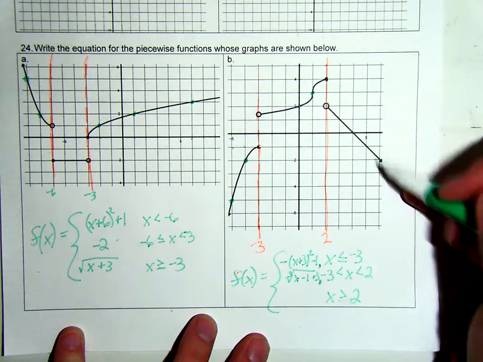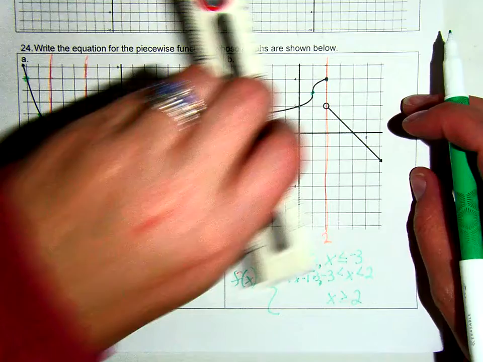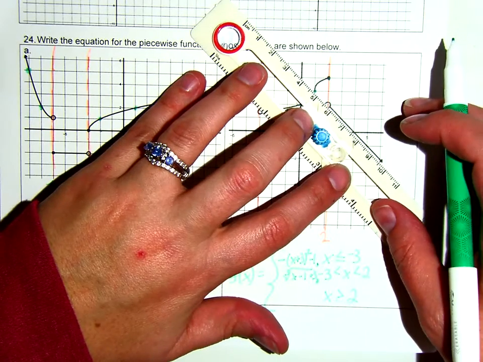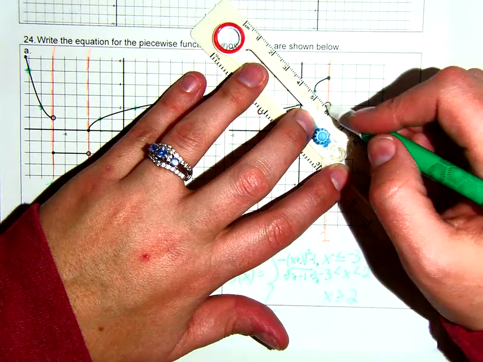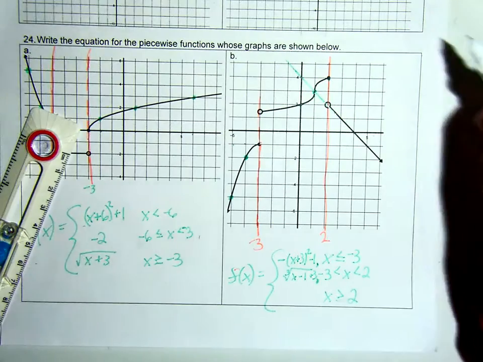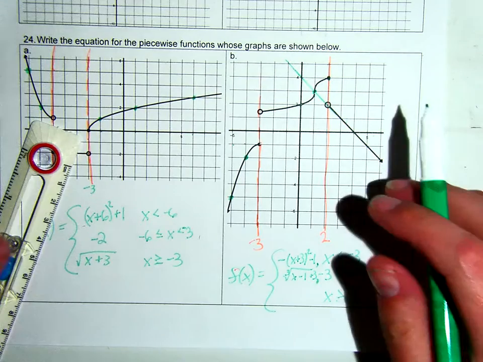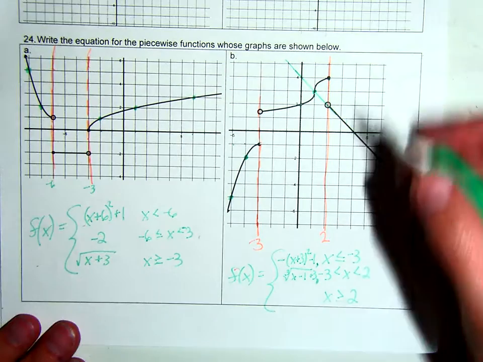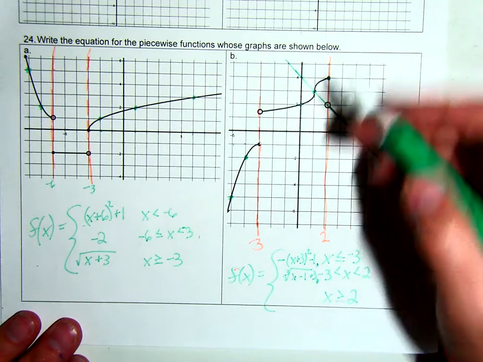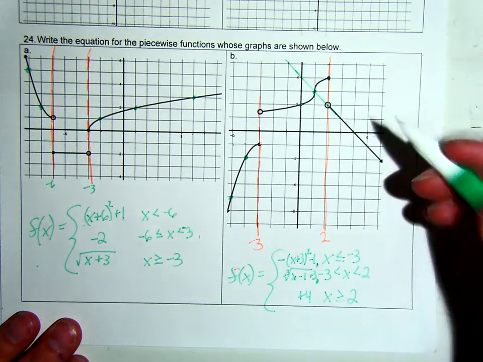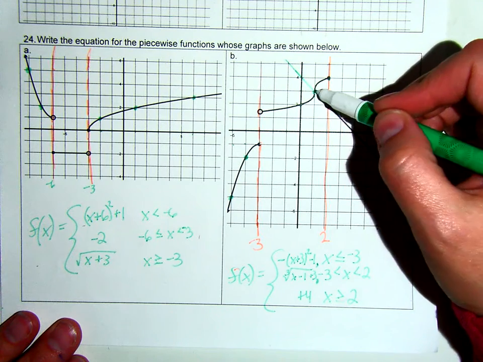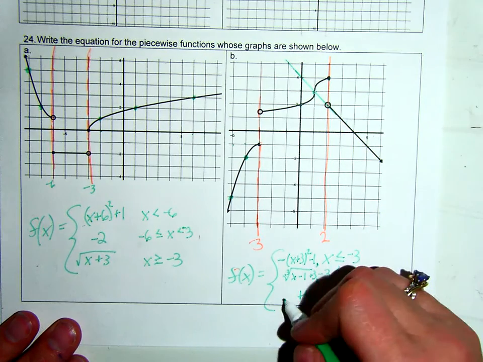Our last one looks like a line, so we're going to go ahead and connect it back to the x-axis. So now I just have to figure out where my intercept is. So my intercept is 4, so plus 4. My slope is down 1, right 1, down 1, right 1, so negative